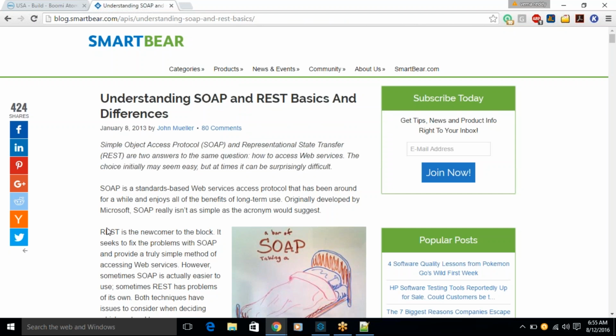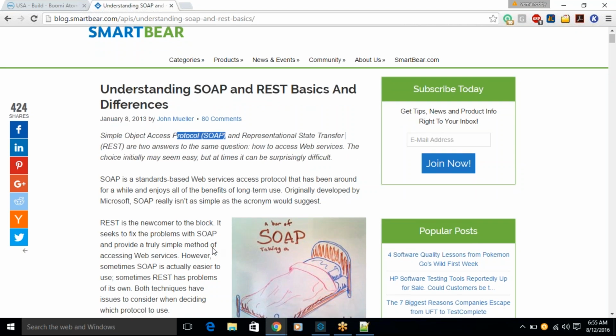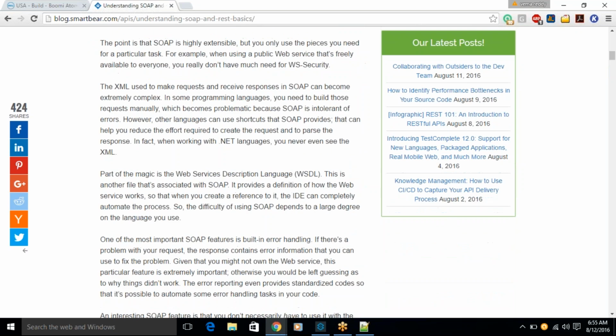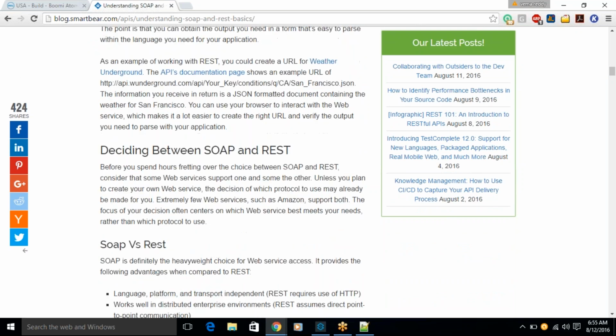REST is lightweight and SOAP is a bit heavy. When you are interacting with a SOAP application, it uses a standard data structure, XML. When you are interacting with REST-based services, we'll be using JSON. It's not always JSON, but it is the common practice. Okay, so they have given so many things, but you can quickly see